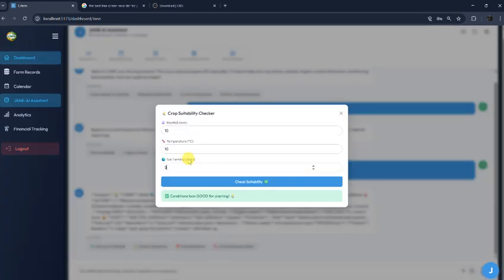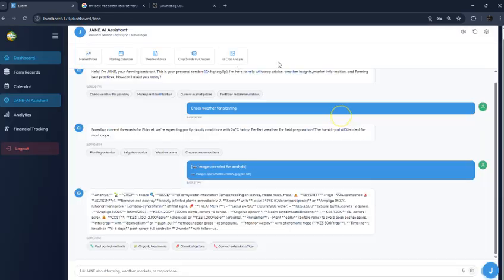We have a scale of between 5 and 30 for the soil fertility, and these are experts who diagnose the soil. Once we hit check sustainability, oh wait,